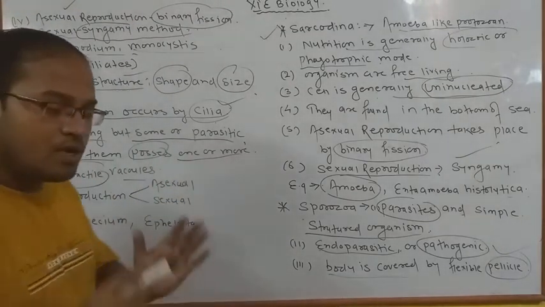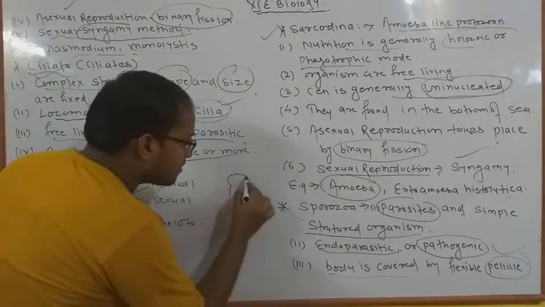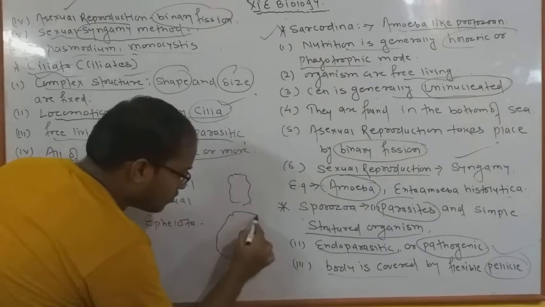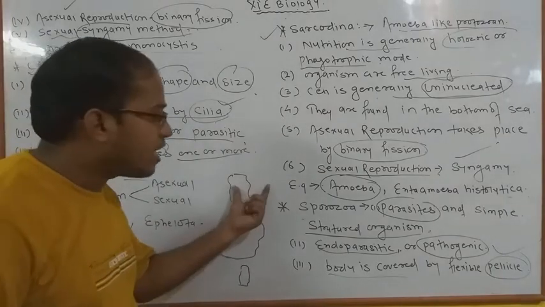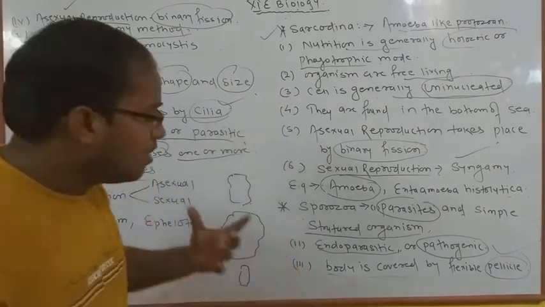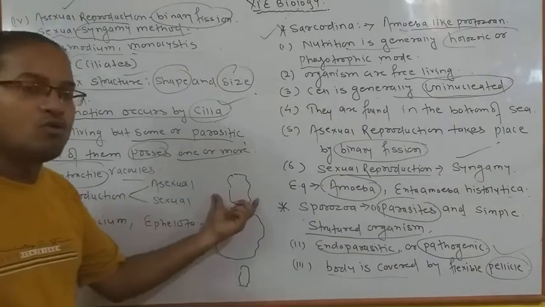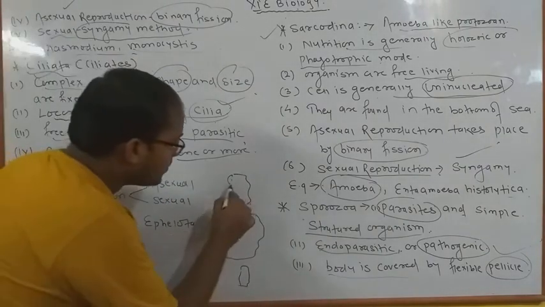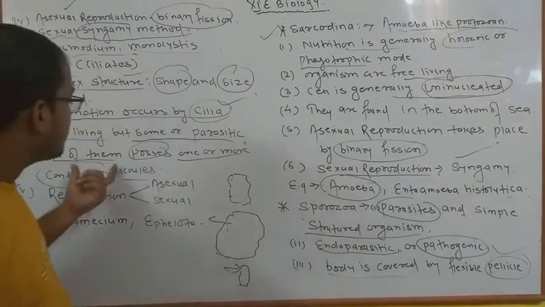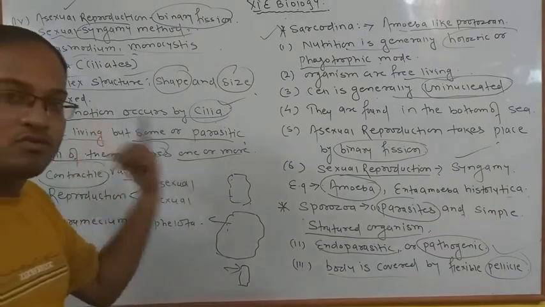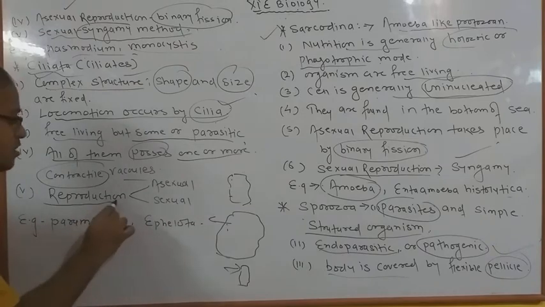Contractile vacuoles मतलब they are capable to shrink and expand their vacuoles. इनके पास ऐसे substance होते हैं जिस कारण से इसकी साइज को ये इंक्रीज कर सकते हैं, और उन्हीं के साइज को ये डिक्रीज कर सकते हैं। कॉन्ट्रैक्टाइल मतलब होता है सिकुड़ना और फैलना। ठीक है, it means they are capable to contract their vacuoles by their own will। ये अपनी चाह के हिसाब से अपने vacuoles को expand करते हैं और अपनी vacuoles को ये shrink कर लेते हैं, that is called contractile vacuoles they have। इनके पास वो vacuoles होता है।